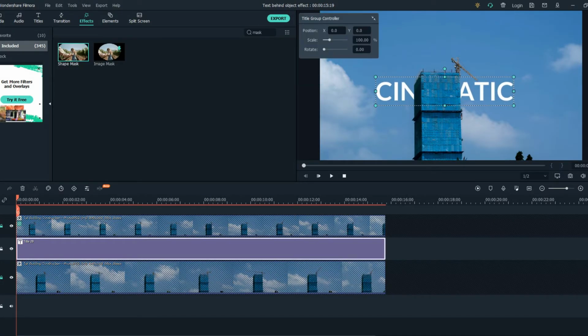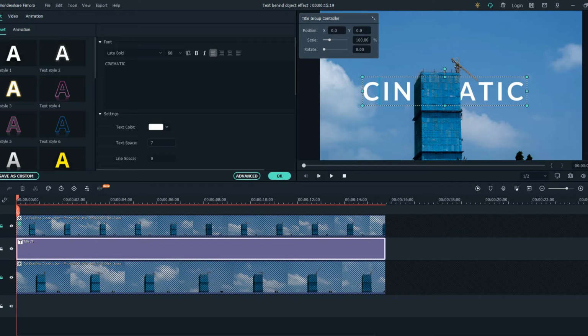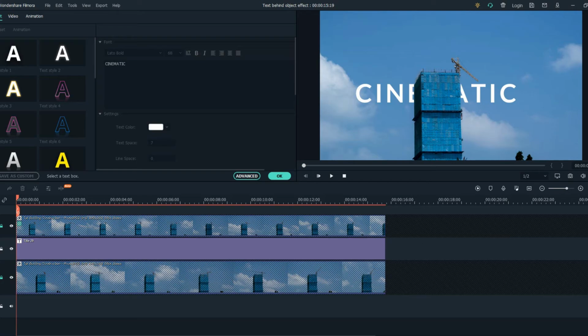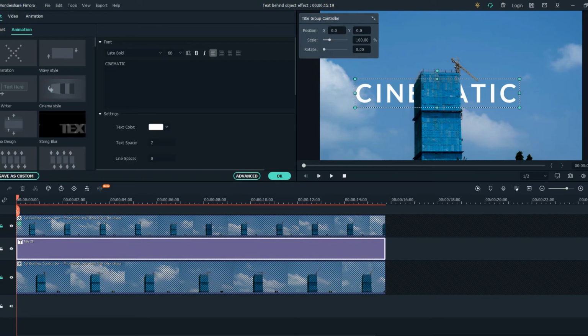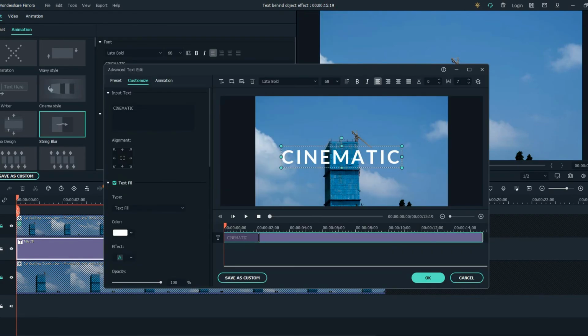Let's edit the text a little bit, put the text space to 7. Let's move it a bit around here, and if you want you can add some animations. I will add the string blur animation